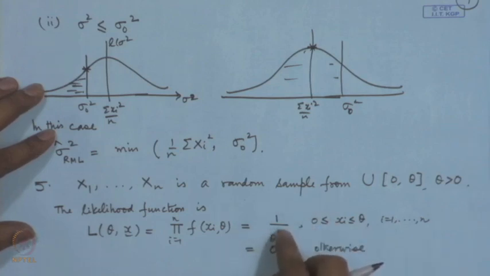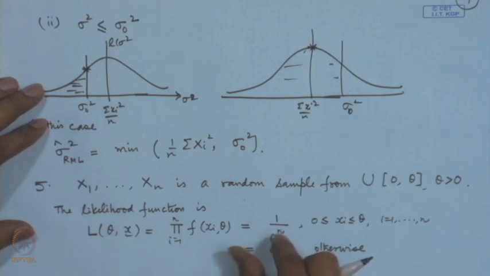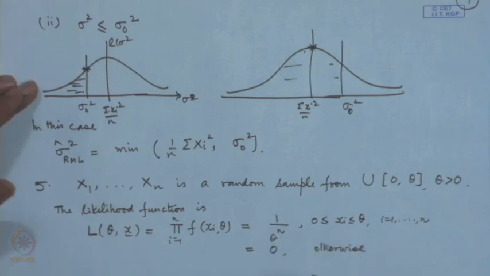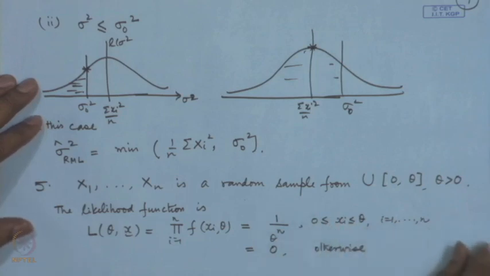Now, a common thing which we have been applying earlier is that you take the log of this and differentiate with respect to theta and put equal to 0. In this case what would it lead to? You will get minus n log theta, and if you differentiate you will get minus n by theta, which when put equal to 0 will give you an absurd answer. The reason for this absurdity is that we have not taken care of the full likelihood function. The full likelihood function takes into account this portion also. So, we write it in a slightly more compact fashion as follows.